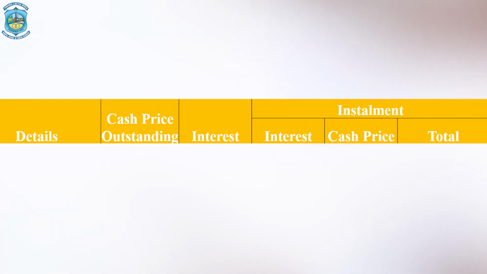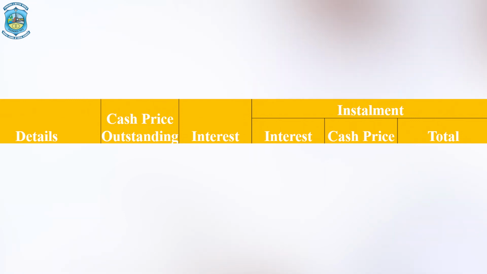And sometimes installments are paid quite frequently. It can be 6 monthly or it can be quarterly as well. So at that point of time, the period of installment plays a very important role. Alright. So if it is 6 monthly, the interest is to be charged for 6 months, therefore it will be 6 by 12. So what shall be the amount on which the interest is to be charged, what is the rate of interest, and what is the time period of the interest to be charged on the outstanding amount matters a lot to find the installment amount.